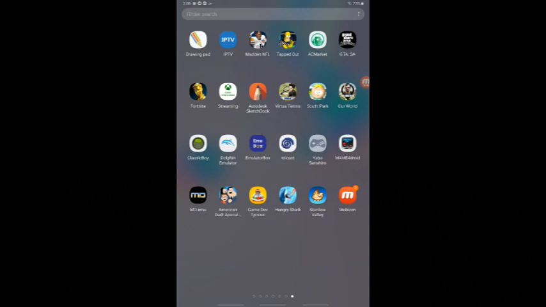I love it. As you can see in the name of the video and the description, I'm going to be showing you the emulators for Android to emulate like Sega Dreamcast, N64, Sega Genesis, PlayStation, and of course arcade. Oh, and Dolphin, which is GameCube. All right, so the first emulator we're going to check out right here is the Classic Boy,